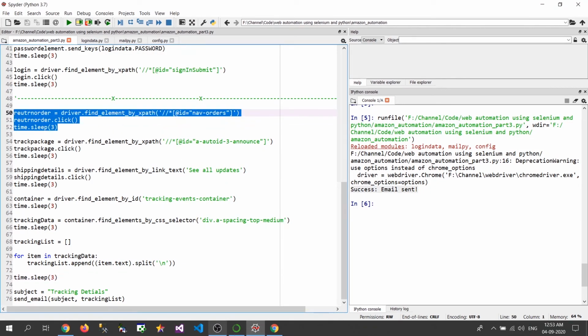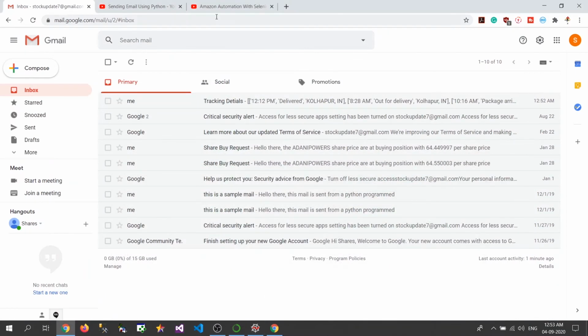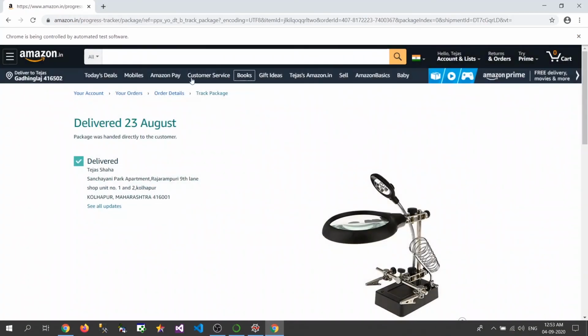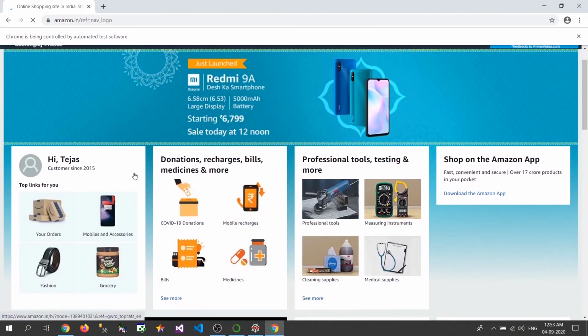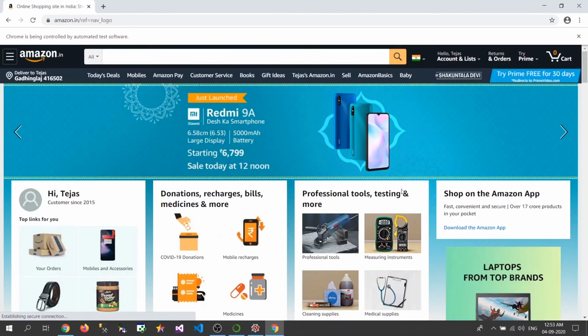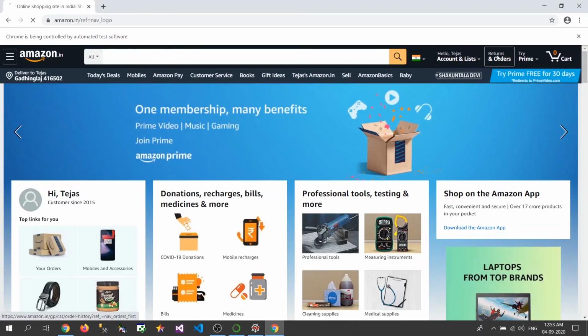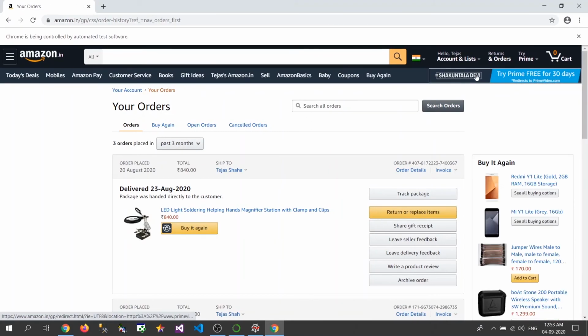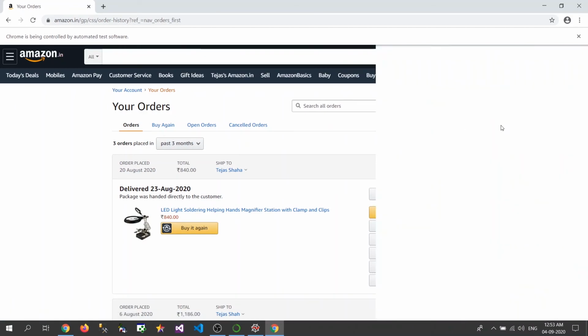So the first part will be, we need to click on the returns and orders section. So let's go to the home page of Amazon. When you log into Amazon, you will get to this page, that is basically the home page. Now here you need to go ahead and click on this returns and orders. So again we can go on this and click on inspect